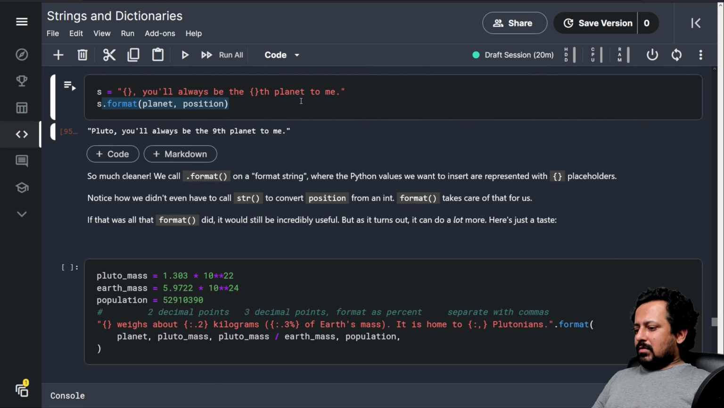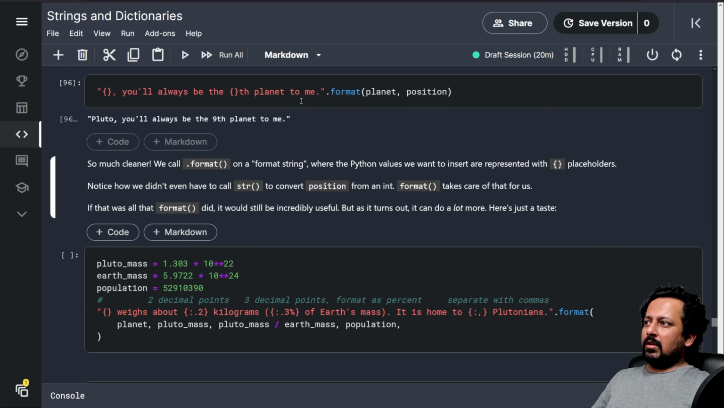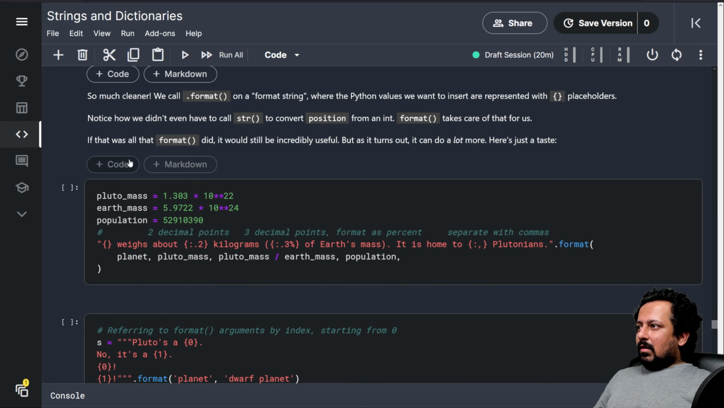Or you can also just add it here like it was originally. So it's like fill in the blanks. This goes to the first blank, this goes to the second blank. Okay, yeah, now